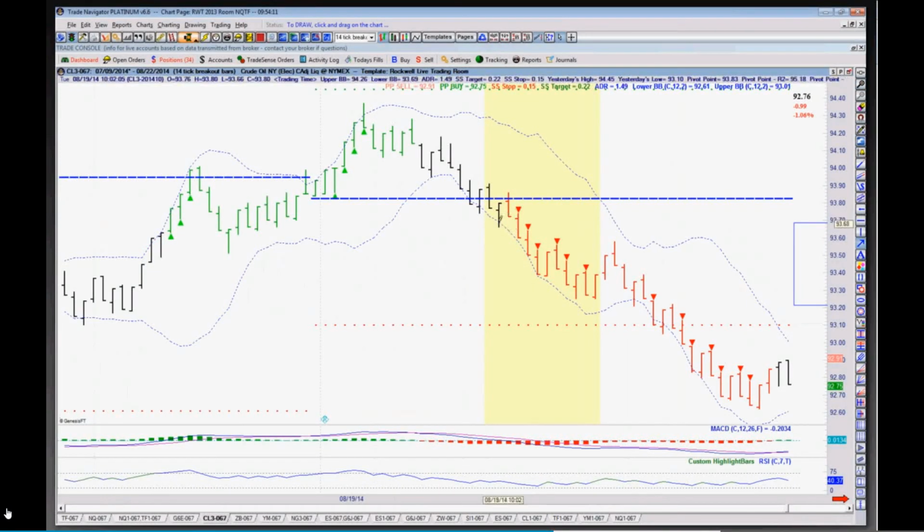This is a perfect example. Do you see here that the trend is strong for most of the day and that the lower Bollinger Band is angling down, and during the day this boomerang signals a winner, this boomerang signals a winner,